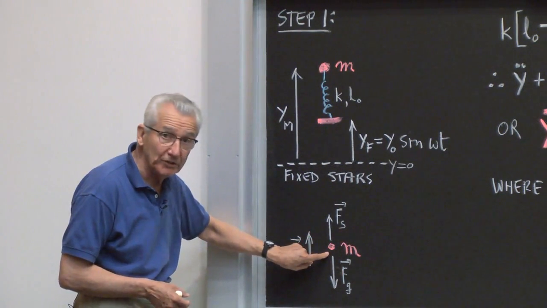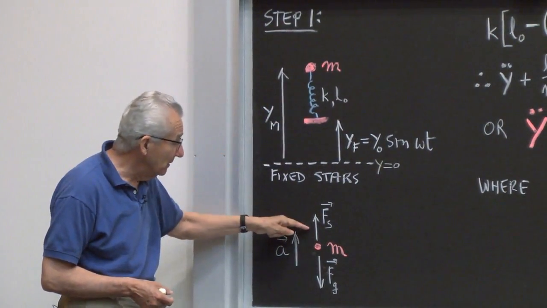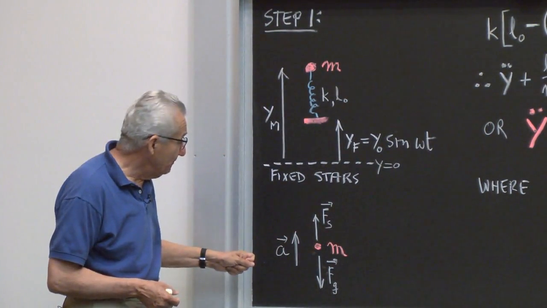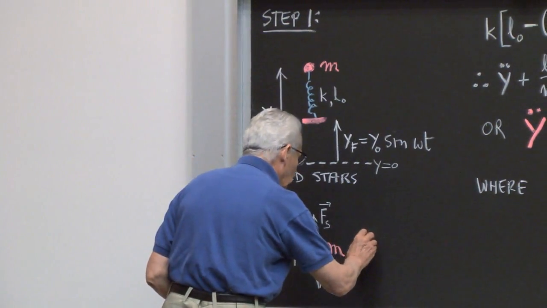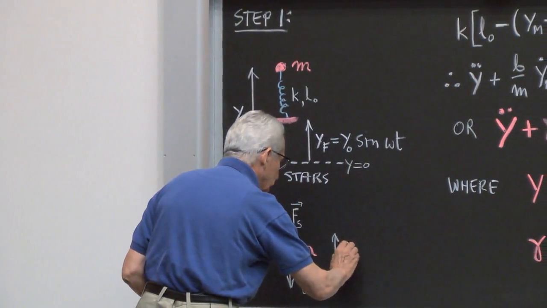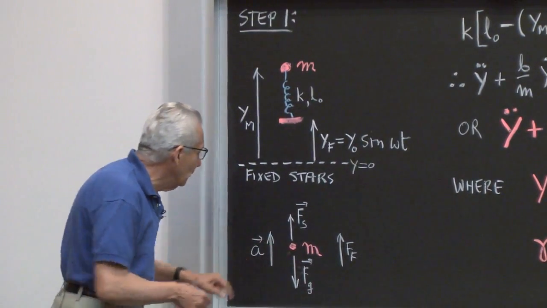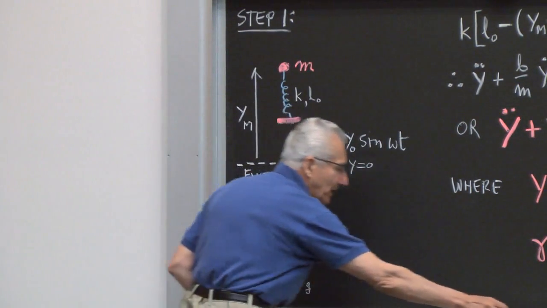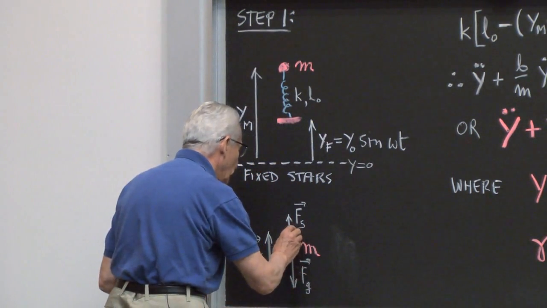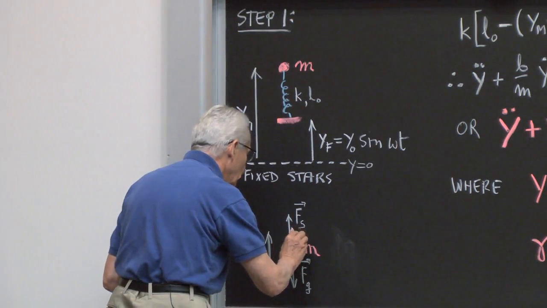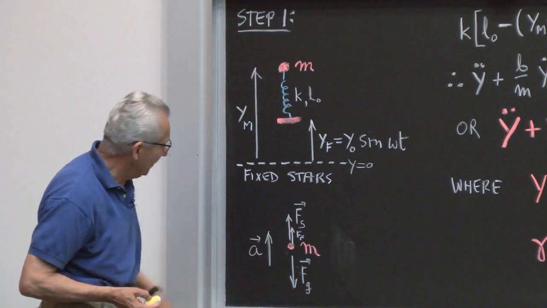Fg due to gravity on it, a force S due to the spring acting on it, and I forgot to put this. Of course, there will be a force here due to friction acting on it. I should have, this is probably not a good place to draw. Let me draw it so it doesn't confuse you. I'll draw it next to this. Okay? Friction. Okay, so these are in the same direction, etc.